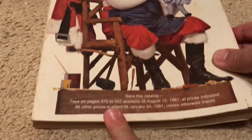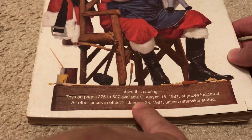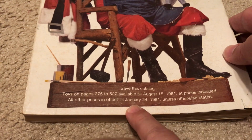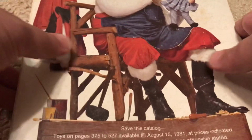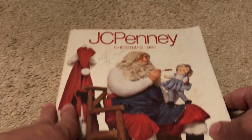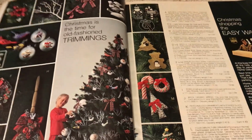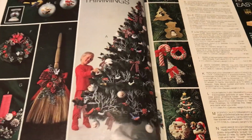It says, save this catalog. Toys on page 375 to 527 are available till August 15th, 1981 at the prices indicated. All other prices in effect till January 24th, 1981 unless otherwise stated. And on the cover we have a picture of Santa in his workshop making the toys that all the kids were excited about. So I turn the page and we just get a big blast of Christmas decor, 1980 style,